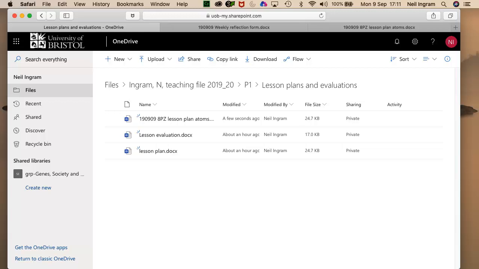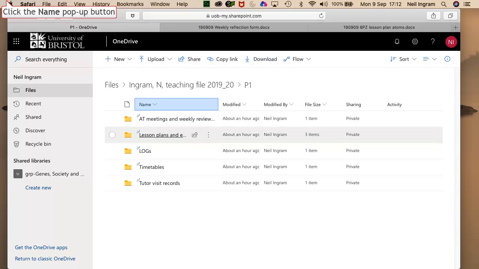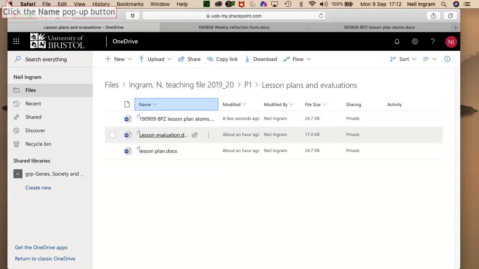It's very frustrating if you create your lesson plans and your evaluations on a local hard drive and then you forget to upload it, because when your tutor gets around to wanting to look at them, they're not available, and it can actually slow down the whole process. So get into the habit, if you can, of trying to work inside OneDrive so everything is saved when you need it. Just have a quick look at the lesson evaluation form